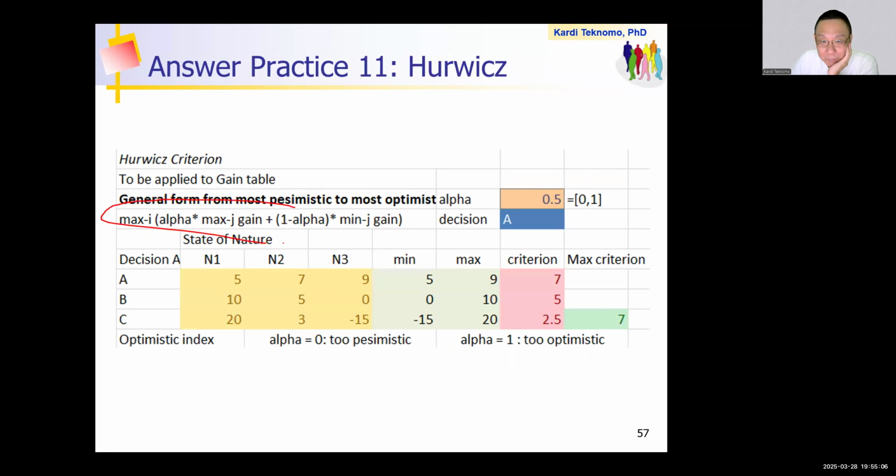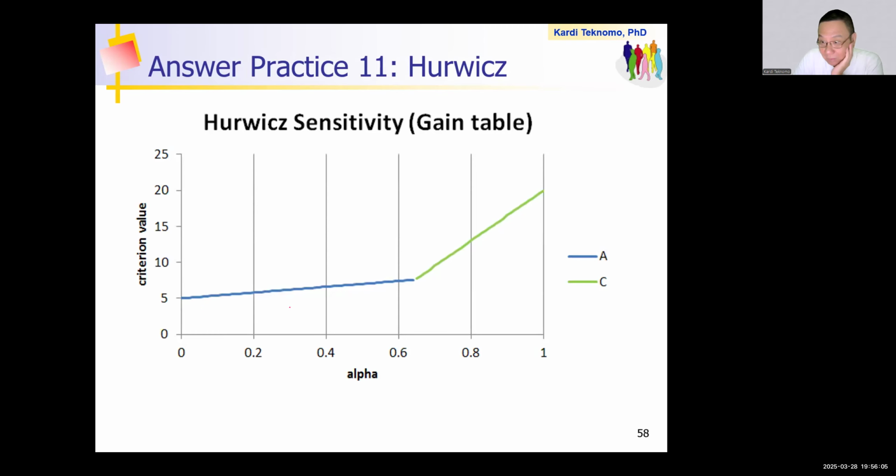Okay, and from there you can also get the data table. Okay, and then you can plot the sensitivity analysis of Hurwitz. Yeah, something like this. Okay, so with this,